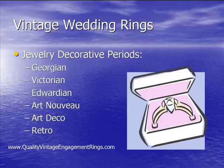Now, there are 6 decorative periods that vintage rings get their style from. If you're going with a true ring, these rings were created during these decorative periods. And the decorative times range anywhere from like the 1700s up until like the 1950s or so. We don't have time to go through the details of each of those periods in this video, but you can get more information about each of these decorative periods on our website and the styles and characteristics that are unique to each of them. Just really quickly, there are the Georgian style, the Victorian style, Edwardian, Art Nouveau, Art Deco, and Retro style. And again, you can find more detailed information about that at our website,